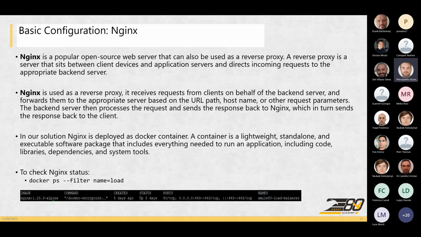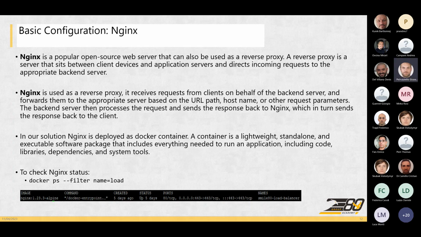The scope of Nginx as a reverse proxy is to forward the request to the appropriate web server based on the URL path. The servers process the request and send the response back to Nginx, which in turn sends the response to the client,